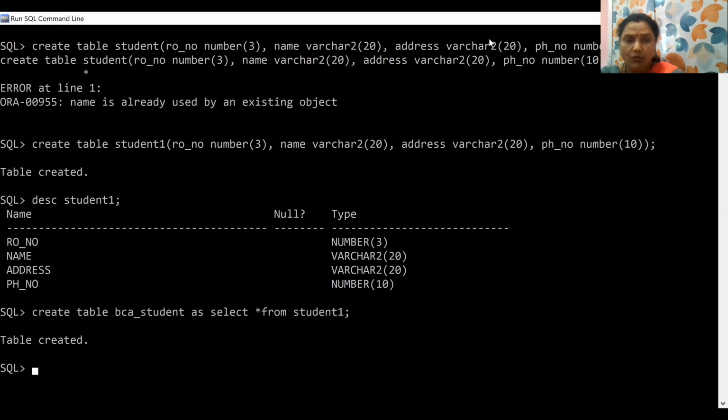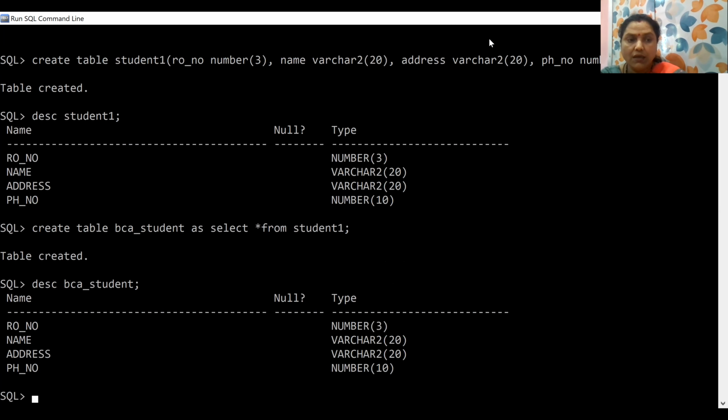Let's check now what is the data contained inside the BCA student. BCA underscore student. Got it? The same as student one, it is BCA underscore student. Roll number, name, address, phone number are similarly copied.